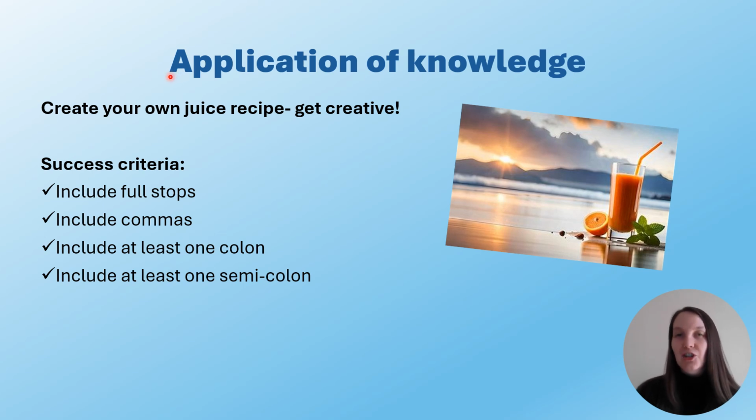What I like to do is have a little practice here of application of knowledge. This is where it really starts to be embedded into your brains, when you are practicing doing it. So I want you to create your own juice recipe now. You've seen my juice recipe of the fiery sunset. I've got many more. But create your own juice recipe and you can put in whatever you want. I want you to practice writing out sentences and getting the list of ingredients that are needed,